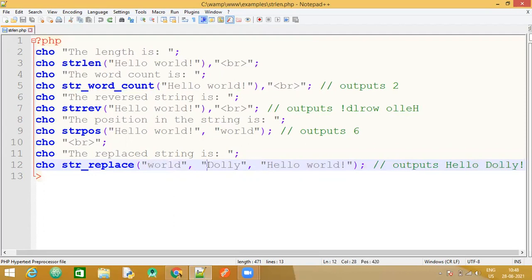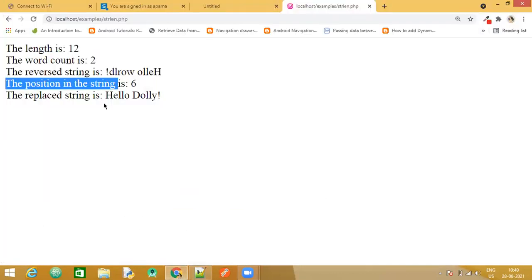The second parameter is the string with which we are going to update, that is the updated value. And then the third parameter is your actual string. So you can have a look here at the output. Now the word world has been replaced by dolly. So these are the examples for string functions in PHP.